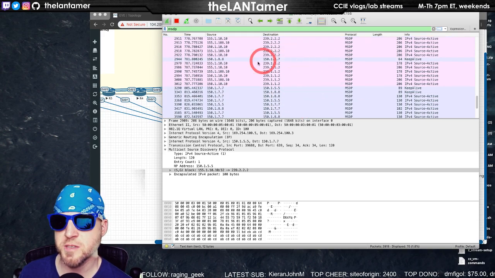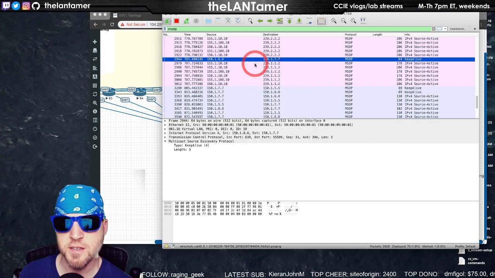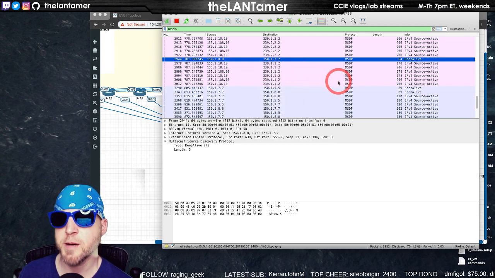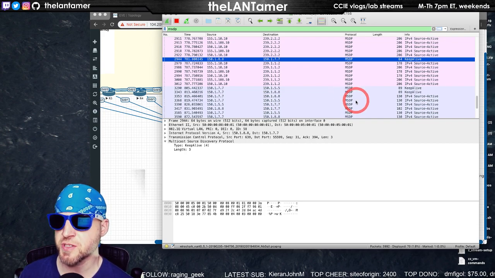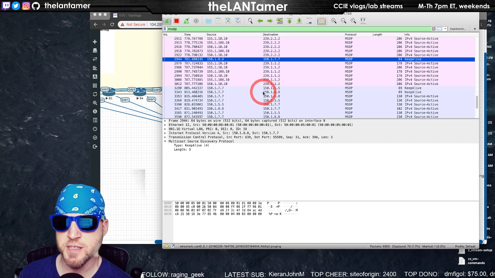I'm not real sure about the mechanics of it. I know this is working. So I think what happens is any new source that router 5 or 8 learn about, they know that they're responsible for sending source active messages over to any MSDP peer, which is router 7. So router 7 then adds a multicast route. And then that's how router 9 knows to get to